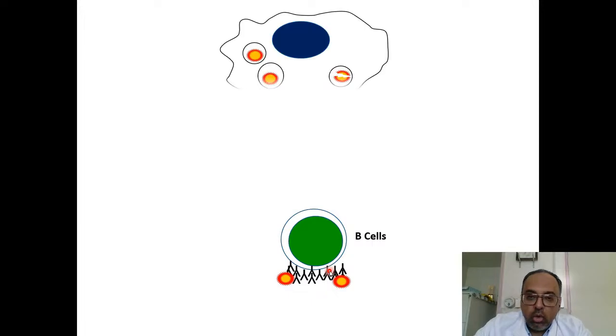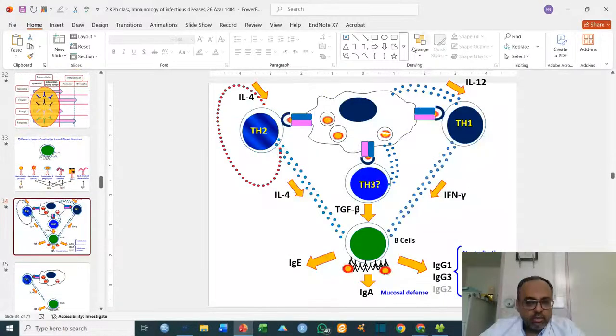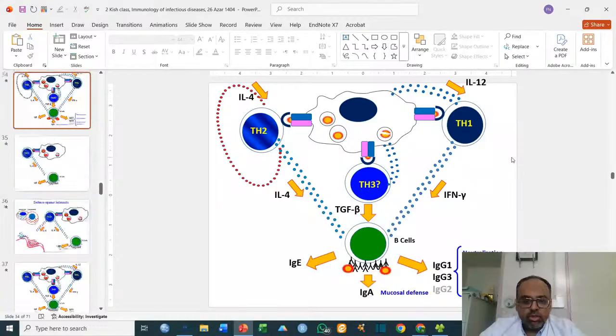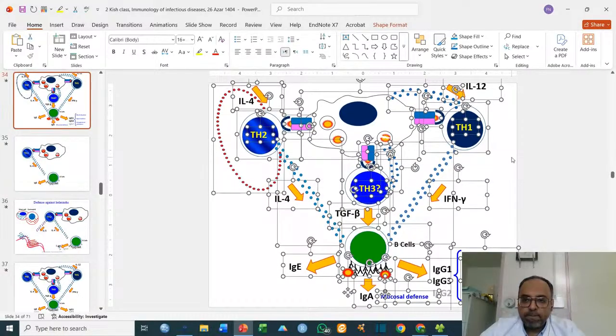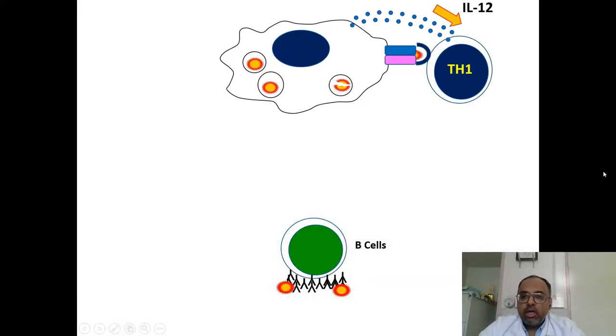So in order for other antibodies to be produced, we need help from antigen-presenting cells and T lymphocytes. So here I have an antigen-presenting cell. It has phagocytosed the same pathogen, and it's showing the antigen to T cells. And under some circumstances, it also produces interleukin-12. I don't know why this has gone up a little bit, so let me bring it down. So they produce interleukin-12. Okay, there we go. And the T cell becomes T helper 1.